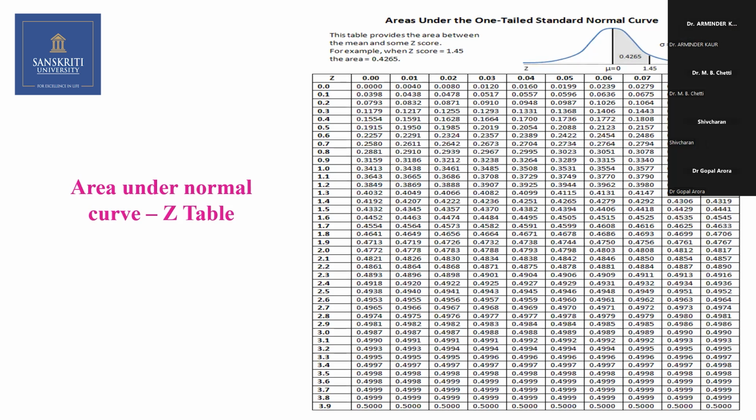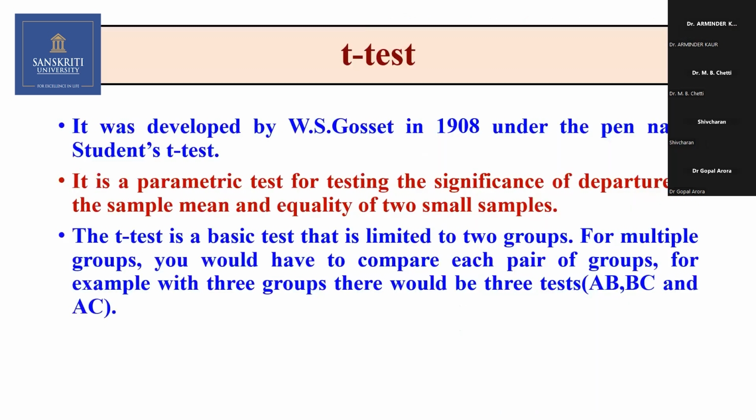So this is a table. You need to understand this table very clearly. This runs from 0 to 0.5 on the right hand side. Similarly, 0 to 0.5 on the left hand side. If you understand this table, you can just conclude that. Okay, I'll be directly going for the t-test. Actually, W.S. Gossett in the year 1908 used to write the articles in the name of Student because he was not very confident about his articles.